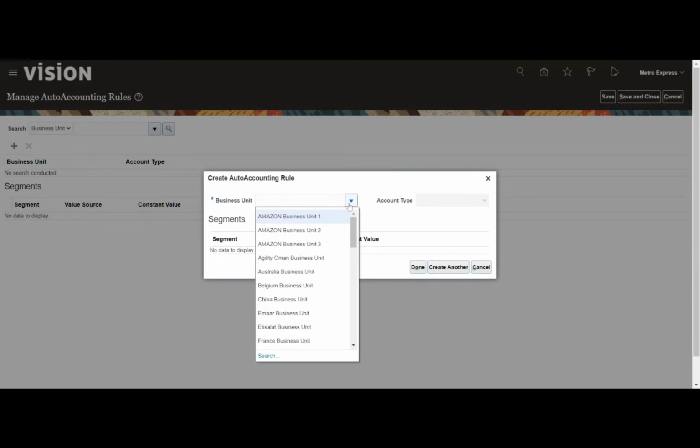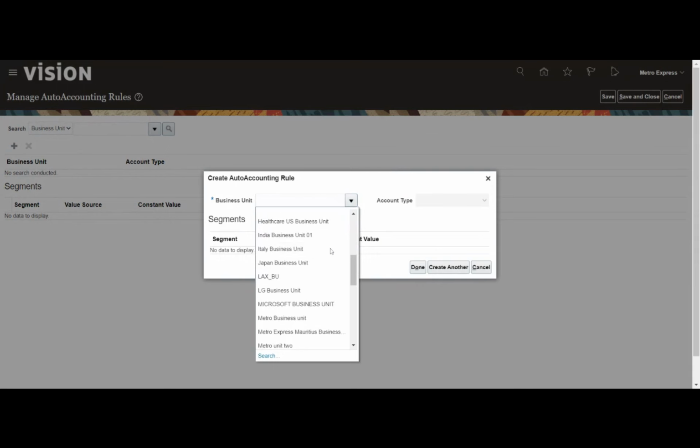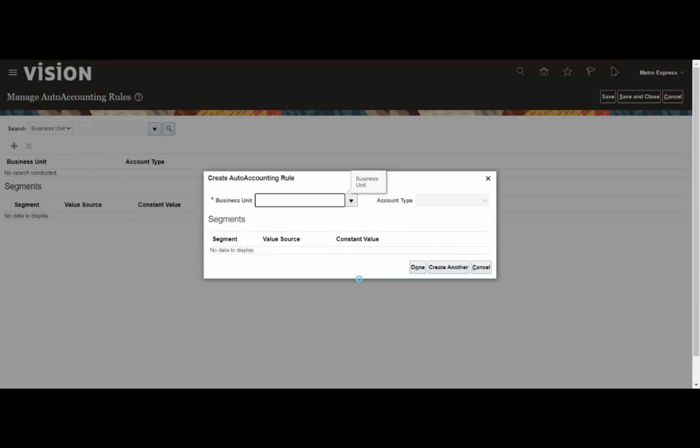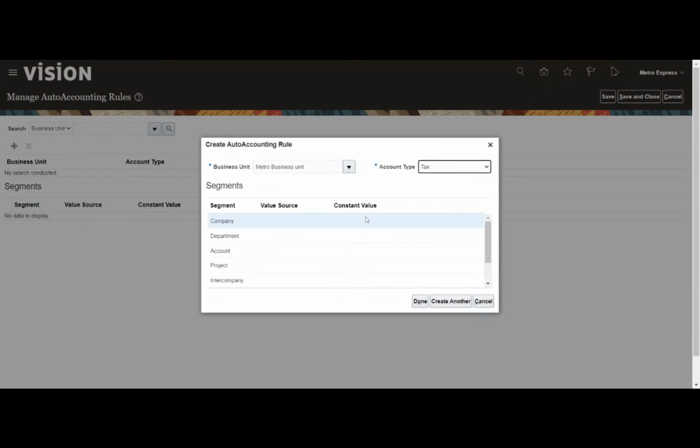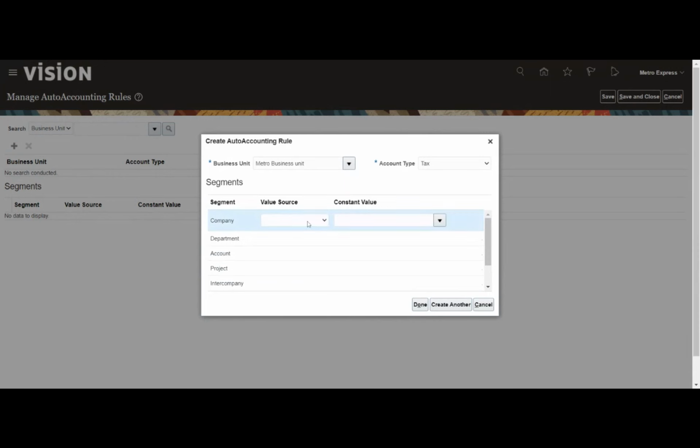Defining the account can be at multiple levels, based on the account type that we are choosing. For example, if I choose tax as an account type, I can create it based on the tax setup that I have made, or I can give a constant value, or I can pick from the transaction type. So there are multiple ways that I can pick.